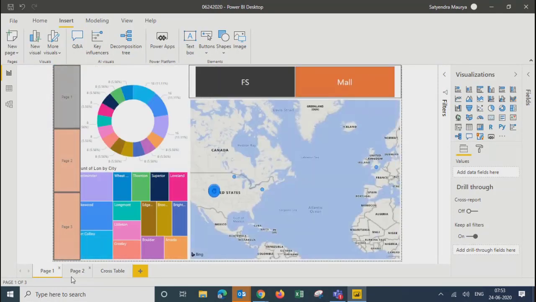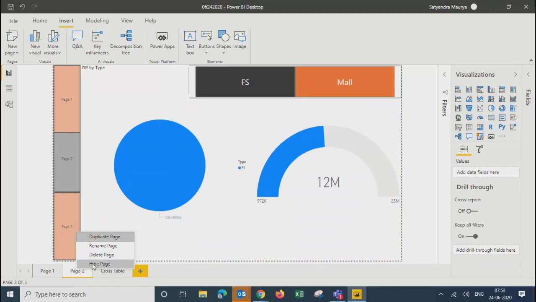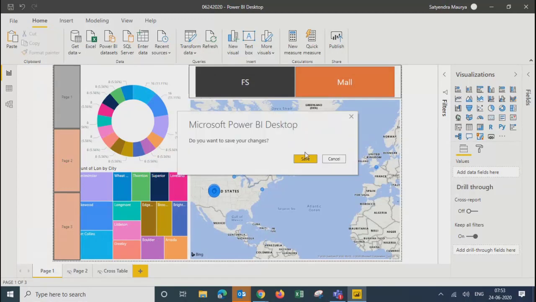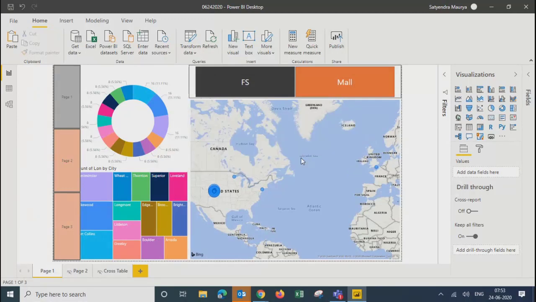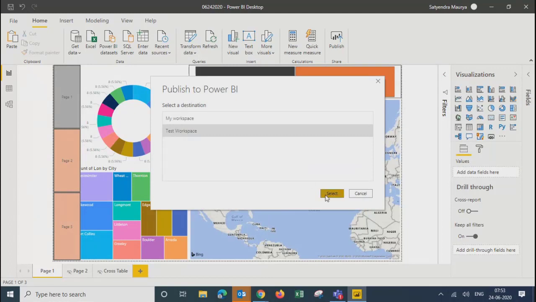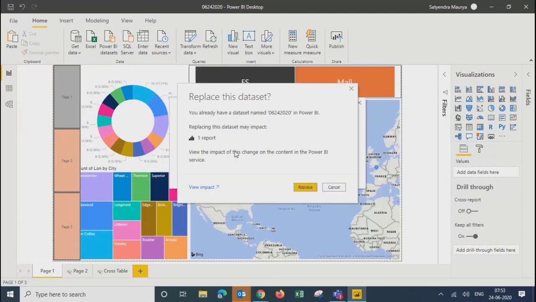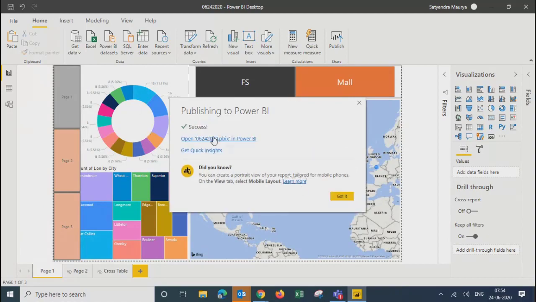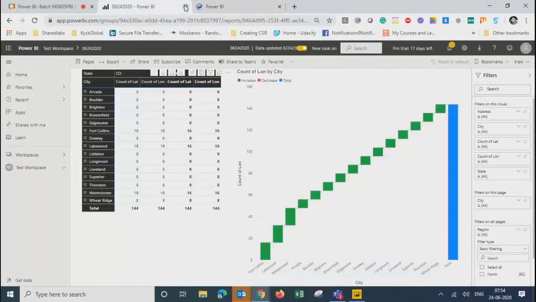What I'll do now, let's say I just go ahead and right click and mark it hide page. Go here and mark it hide page, right? So you see there is an eye icon which appeared with a cross, which means this sheet is hidden. So what I mean is, if I go to home page, publish it, save to my workspace, replace the old file. And now if I go there and see this,